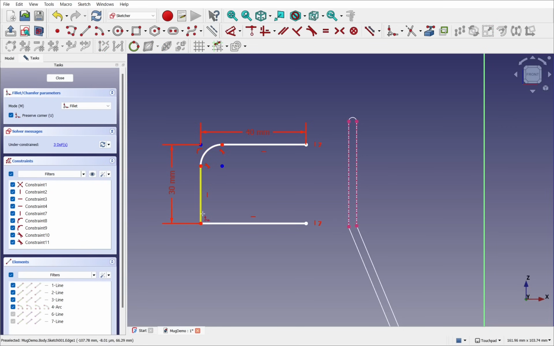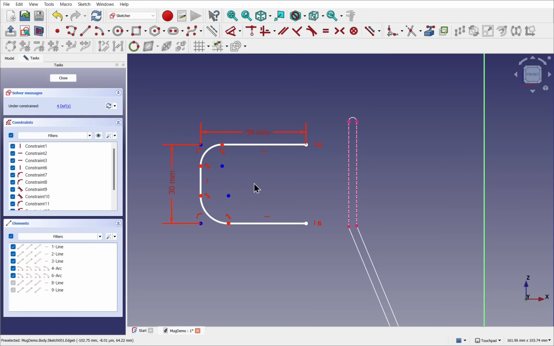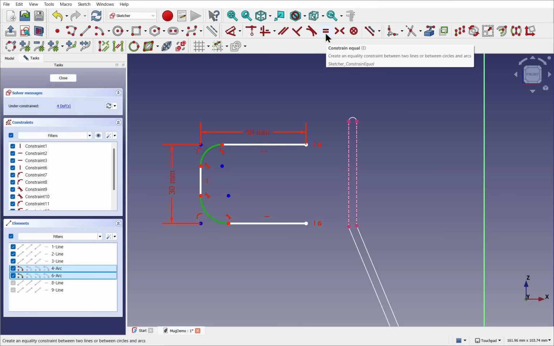And the same with this side. The starting point sets the size of the fillet. So I've started it there. If I click here, you see how this fillet is a lot larger than this one. Right click to cancel, take the 2 fillets, so they're added to the selection, and make those equal with